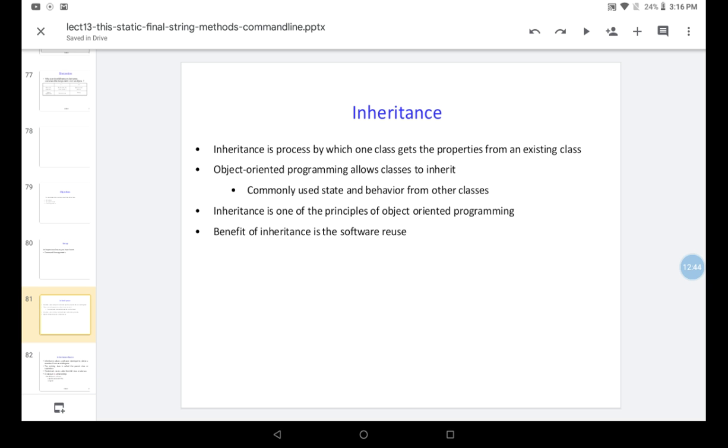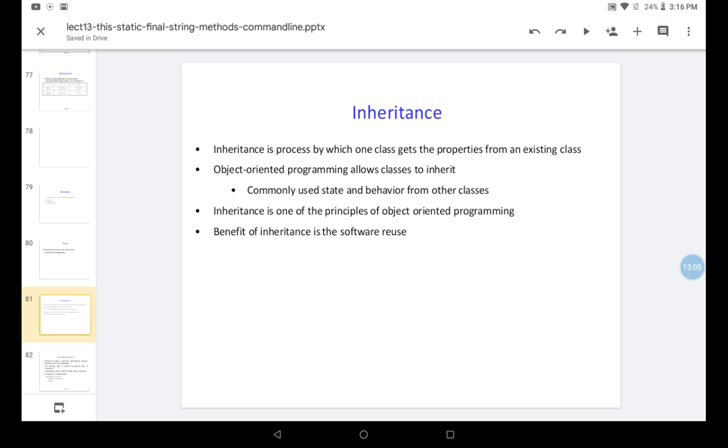Every object has a state, and behavior is a method. We inherit the common methods from other classes. Inheritance is one of the principles of object-oriented programming. We have seen the main features of object-oriented programming, and inheritance is one of those.